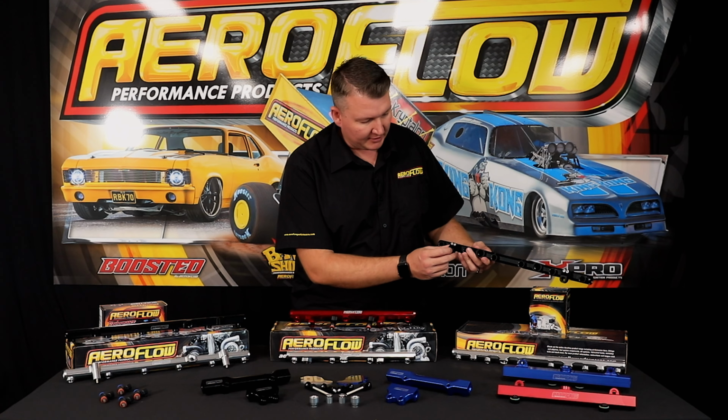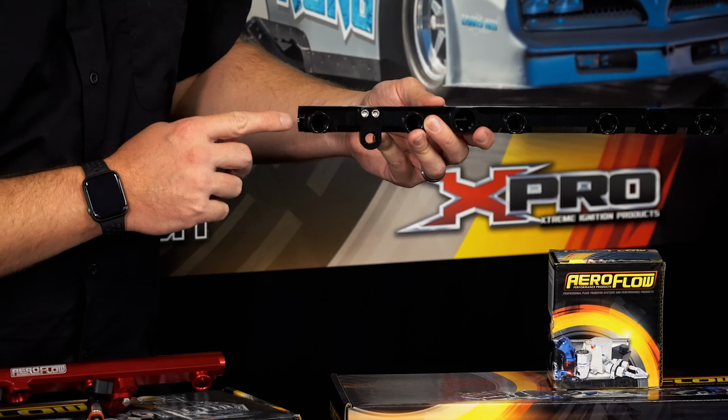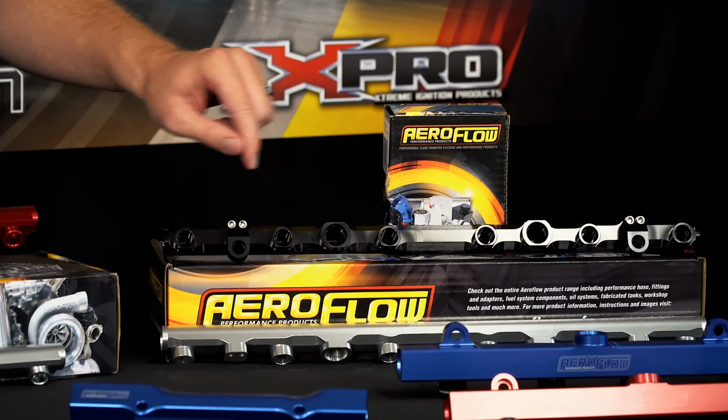As you can see on the 2J one here, we've got the similar style of feet. So we've also added, rather than the -8 ORB ends, the inlet and outlet underneath. So that allows for different inlet manifold designs, and also the way that you want to run your fuel system, whether it's return style or deadhead,